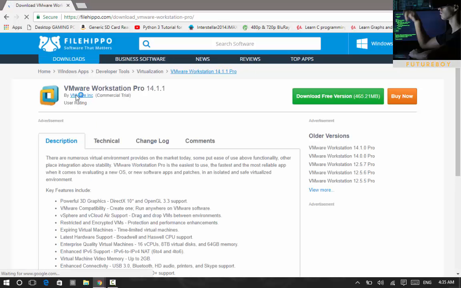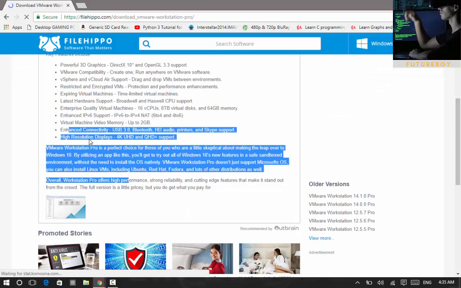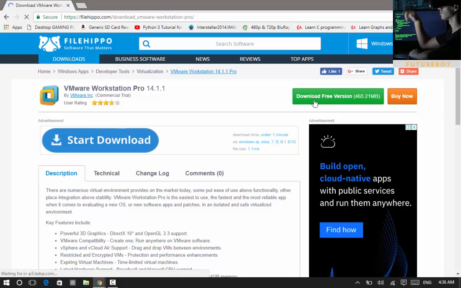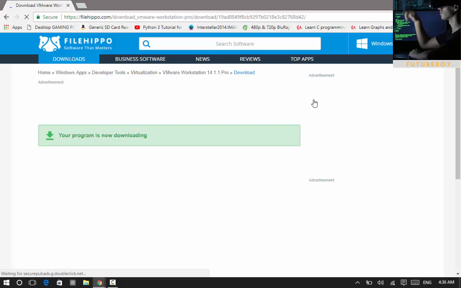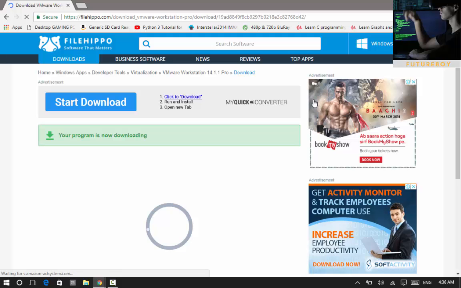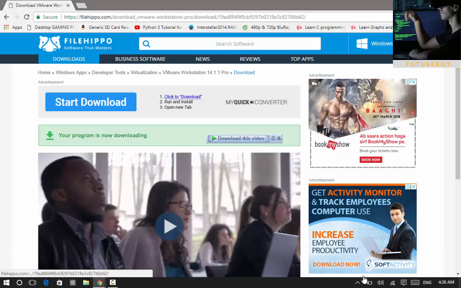setup. Okay, so this is VMware Workstation Pro. Click on there, download free. If you want to read, here you can read all things about how this works and VMware Workstation. So click on this download free version, and it is loading because my net is a little bit slow, not very slow. So this loads, and okay,